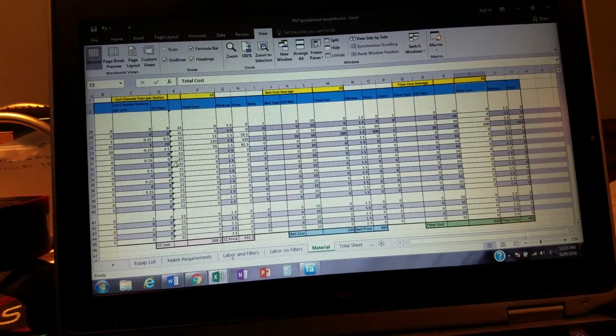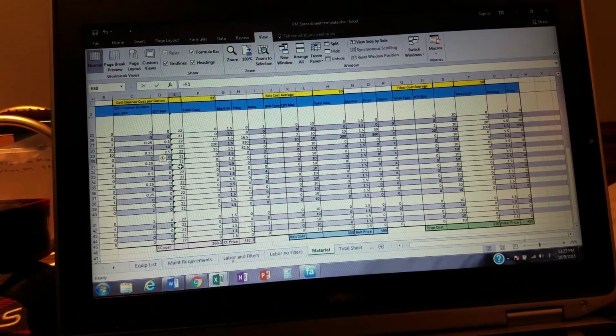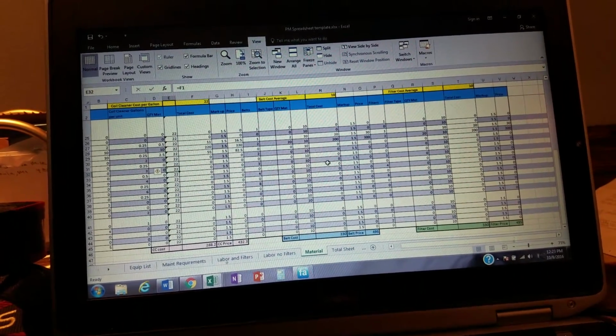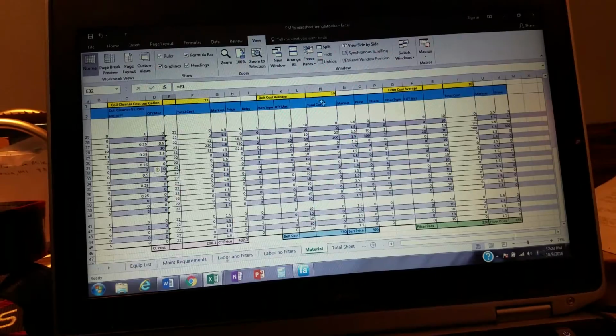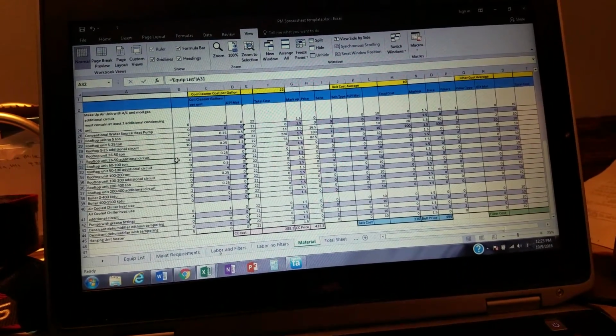kind of food safe coil cleaner that's costing you more money, you just get in here and change it for that equipment that you have to use it on. Or you can do it across the whole board. Either way, it'll still work out. So let's say we got a belt. I can scroll back over here. Where's our, what kind of rooftops? We got